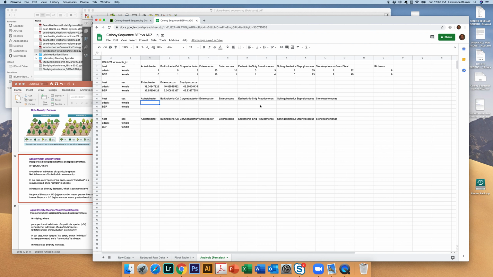We want to do this in the following way. So give an equal sign for the cell and an open parenthesis. The first value is C1. I would just type in C1 divided by,